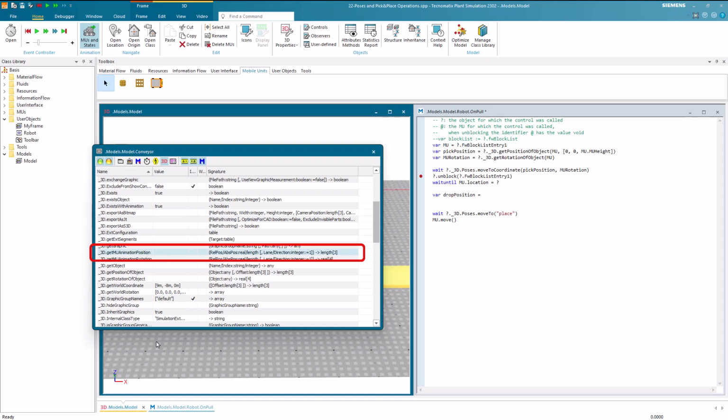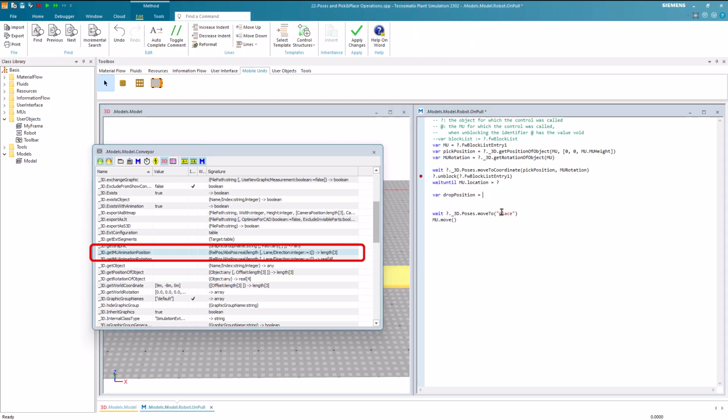We can easily copy the method from the dialog and then assign the return value of the method to the variable. Initially, we access the station and then navigate to the conveyor through the successor attribute of the station. Subsequently, we paste the code. Next, we need to provide the parameter, and we are interested in the relative animation position 0, as we intend to place the part at the beginning of the conveyor.